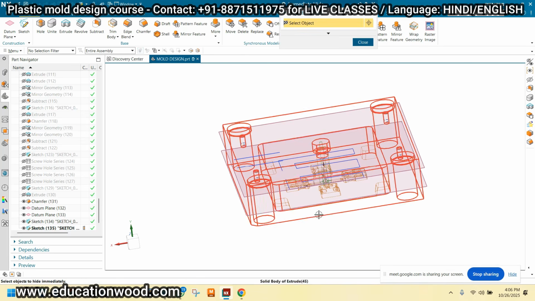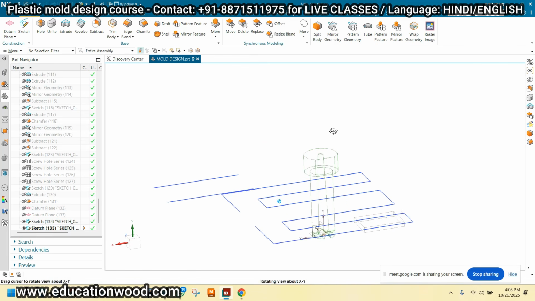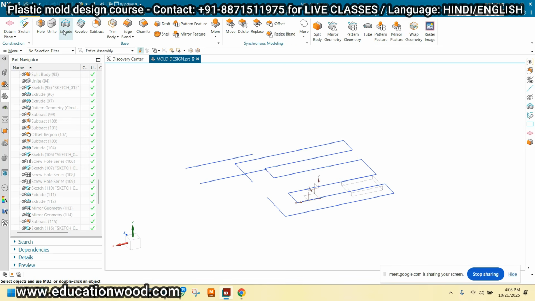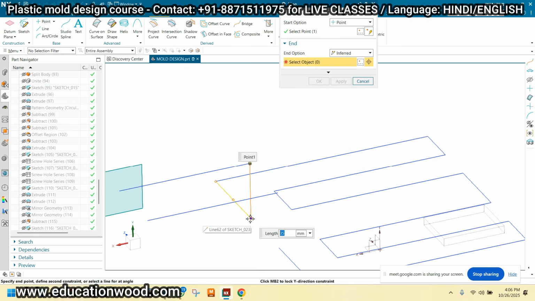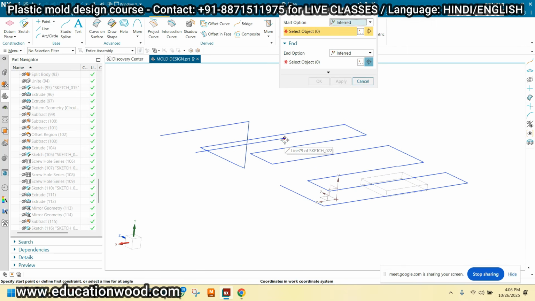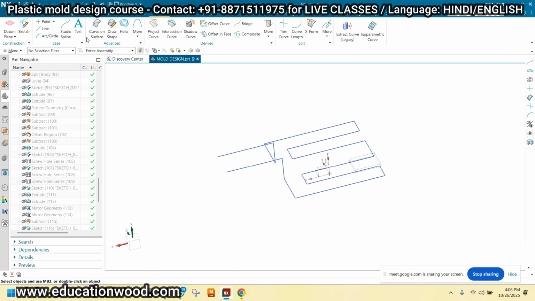Just connect all this. Now try to understand. I'm just connecting all these things. Just hide this also. Taking the 3D curve, take this point and connect with this. Take this point and connect with this and just click OK.